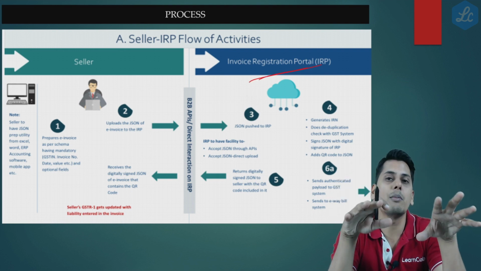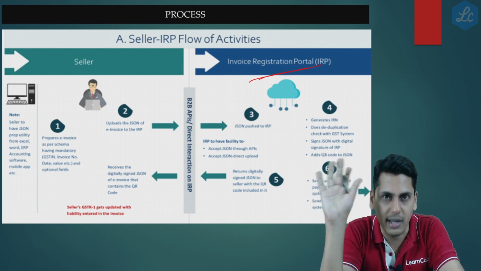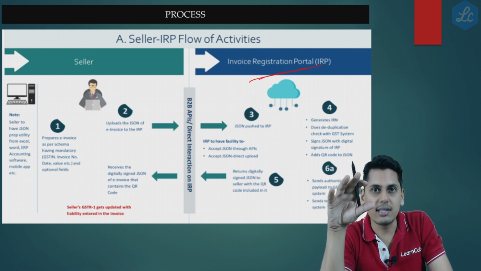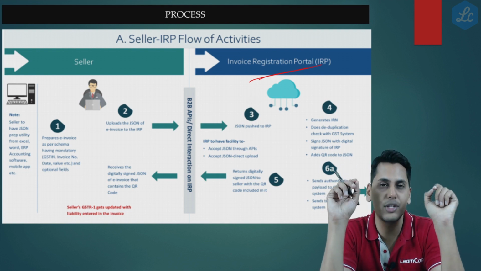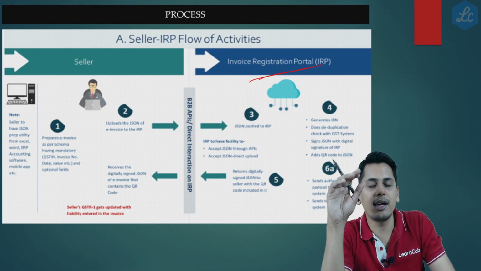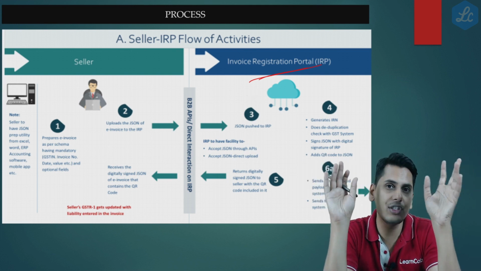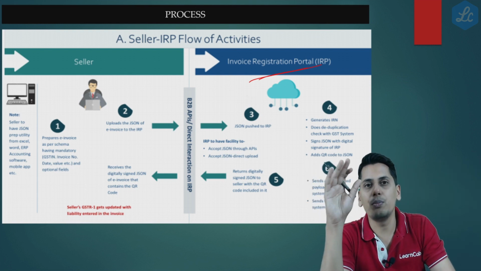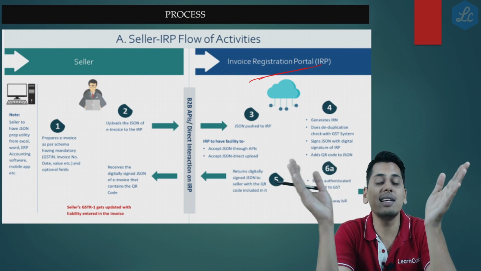It is a separate common portal from your regular GST portal where the return filing etc. is being done. So friends, now this invoice registration portal is going to check the details of the invoice. It is going to carry out a deduplication check with the GST portal. What do you mean by deduplication check? Deduplication check means it is going to check whether these details have already been furnished in the GST portal or these are unique details. After carrying out a deduplication check, it would generate an invoice reference number, digitally sign the